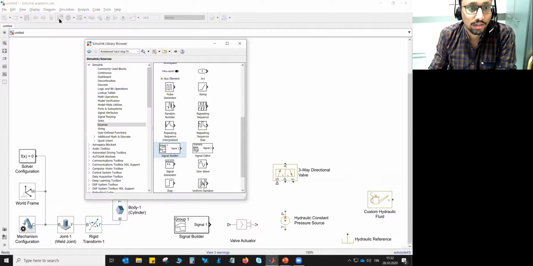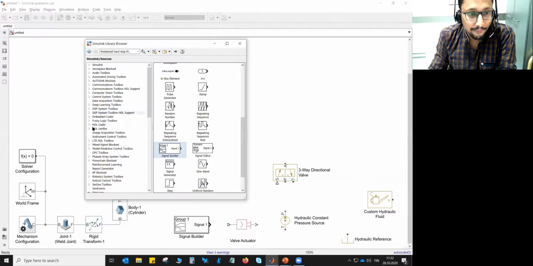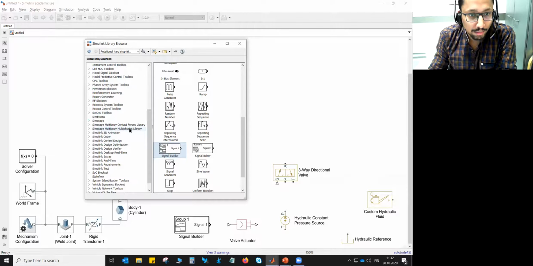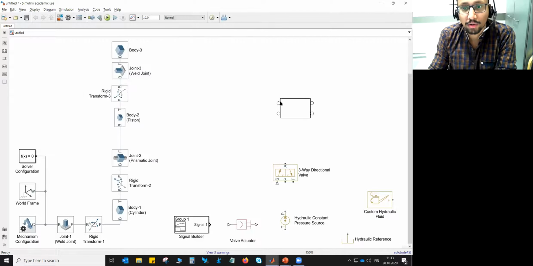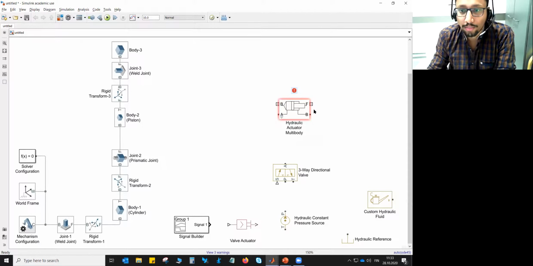So if you go to the library, you need to go to the Simscape multi-body multi-physics library, then hydraulics, and then we need to use this hydraulic actuator multi-body. If you have installed the add-on correctly, adding this component into this empty space on the screen will not be a problem.